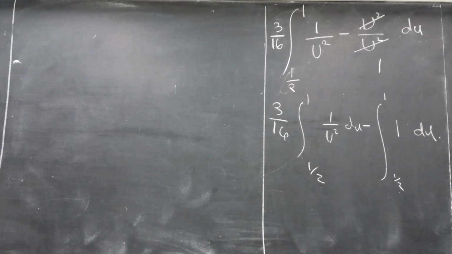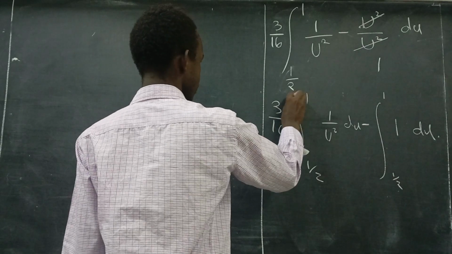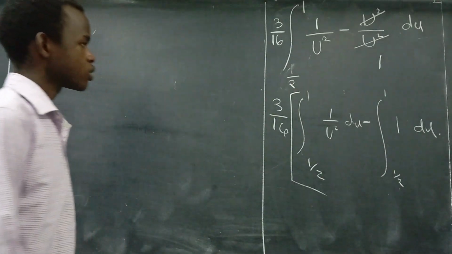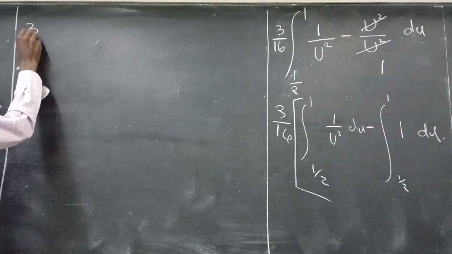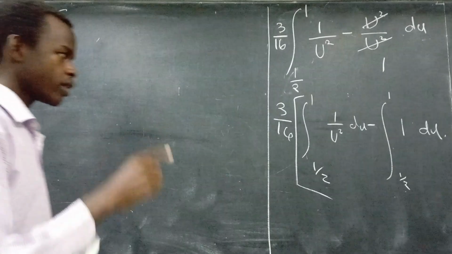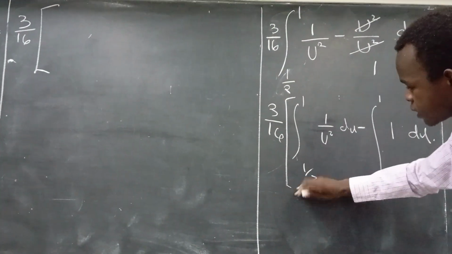So as you can see, the integral is very long, so I'll get my 3 over 16. But remember, 3 over 16 is for the whole thing, okay? So let's place our 3 over 16 aside, multiply that with the result of our integration. So for me, this part, I can say,